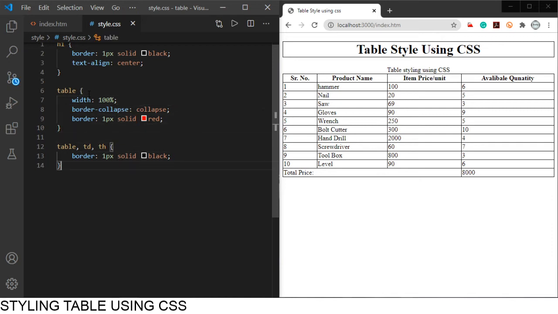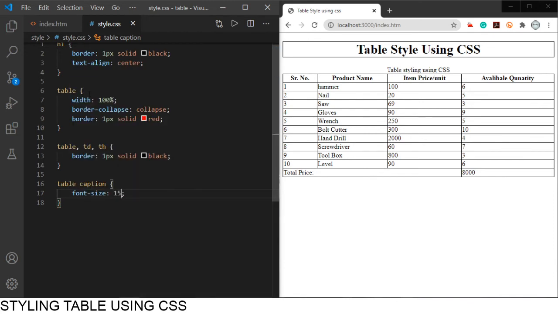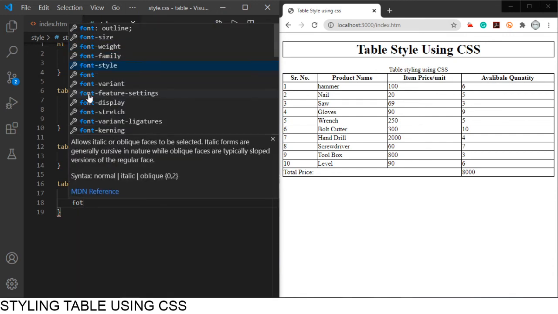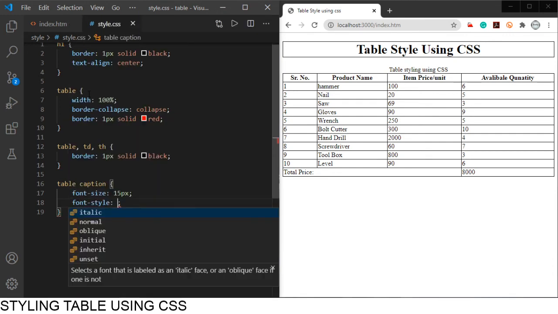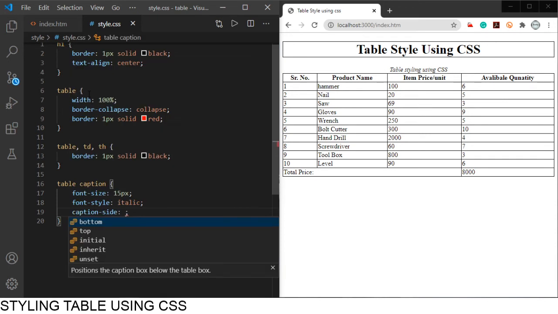Then next we'll have a caption. So I will use table caption, so it will apply the property to that table. I want the font size of the table caption to be 15px, and font style will look like italic. Then caption side we have to set, so caption side will be the bottom,